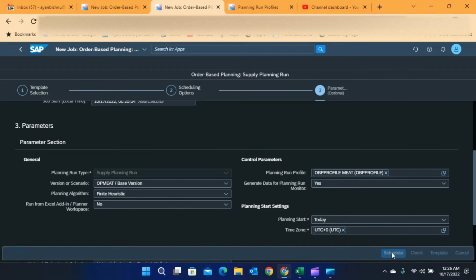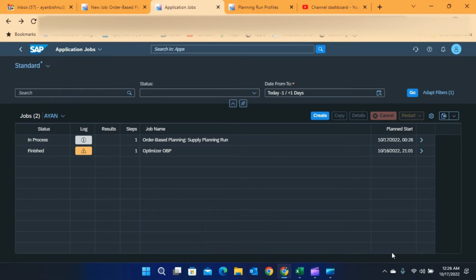supply planning run. So in the next video, I will show you the output of the supply planning run and how and where we can see the supply plan output with different constraint bottlenecks, along with how my entire supply chain is looking. So in the third video, I will be doing a more deep dive into post supply planning run. What are the results? What are the findings? Where to look? How we can see constraints? How we can see bottlenecks? And how we can do our planning from a supply planning point of view.